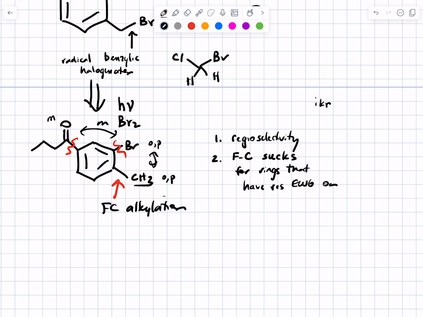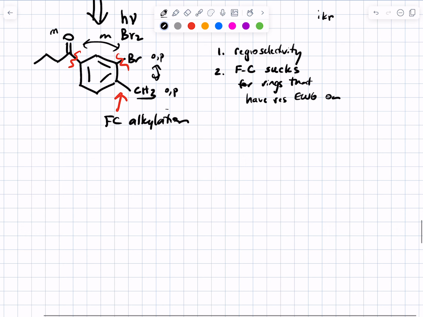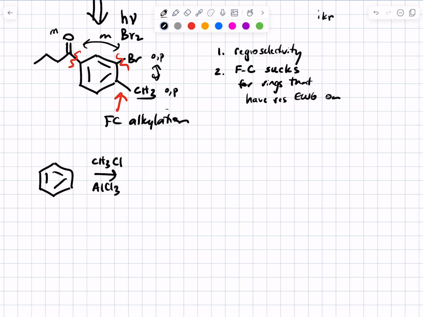If they're ortho to each other, they're going to disagree on their preference for where the third group is. But the methyl group's a stronger activator, so we probably get the right thing. So that one probably doesn't matter. I'm going to just say, for fun, let's try the methyl group first. I want to lead with the methyl group because the addition of the alkyl group is going to make the benzene ring more reactive in a subsequent step, so maybe that's going to make it easier or faster to do the next reaction. Okay, that's easy. What do you want to do after that?